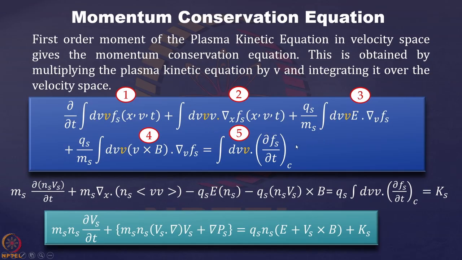including the collision term. So when you want to take the first order moment, you multiply every term with V and do this integration. So this was the V dot grad x term, this is the A dot grad V term, and this is the collision term. Now, to get this integration done, we have to handle all these terms. So how many terms are there? This term we name index 1, this is 2, this is 3, this is 4, and this is 5. We'll handle all these terms one by one.